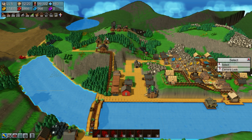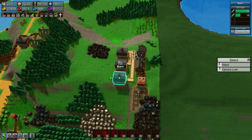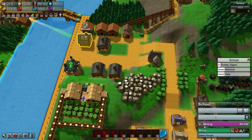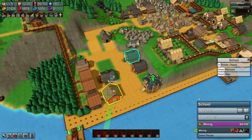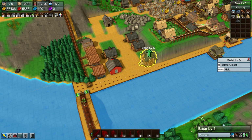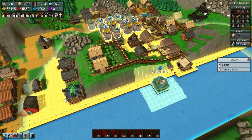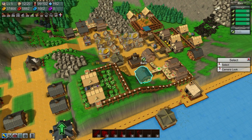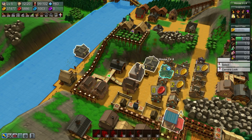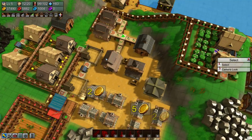Right, well, the last thing we worked on at the end of the stream is we got up our machine shop, and we are producing all of the necessary components, I believe, to start with steam engines. We're currently learning mining, and we're going to be finished with that very soon as well. That's particularly nice. We could upgrade here. We have got enough blue coins, thanks to our apothecary. And we're using 2 apothecaries right now to satisfy all of our houses down here. But with that said...